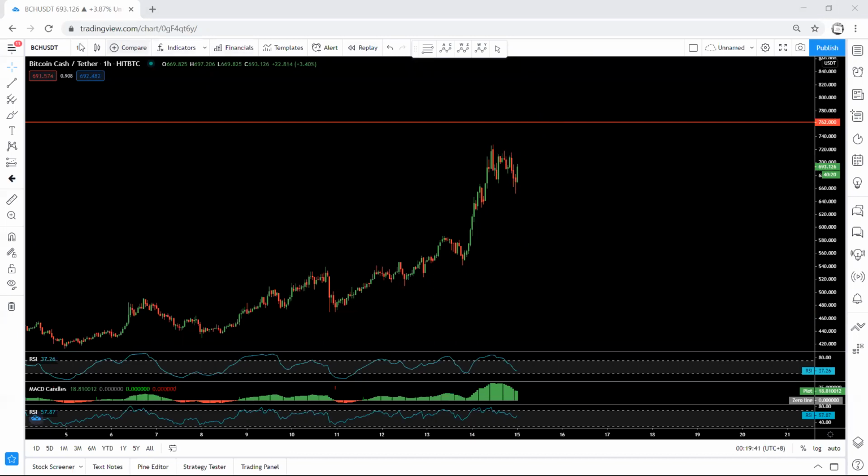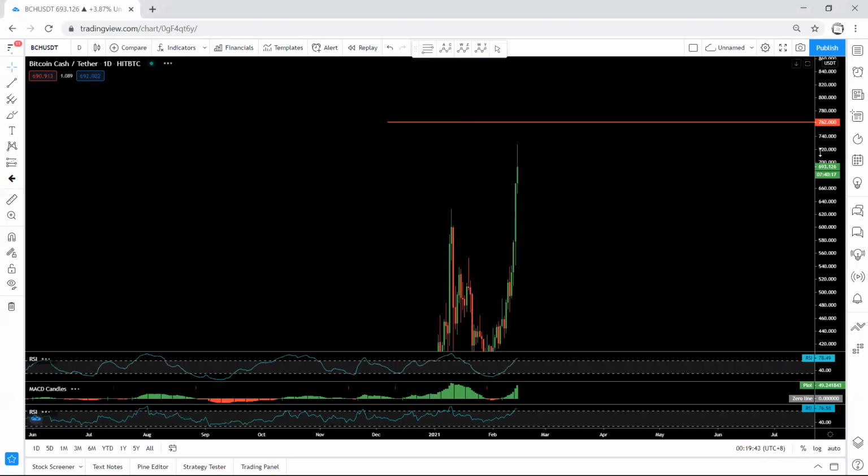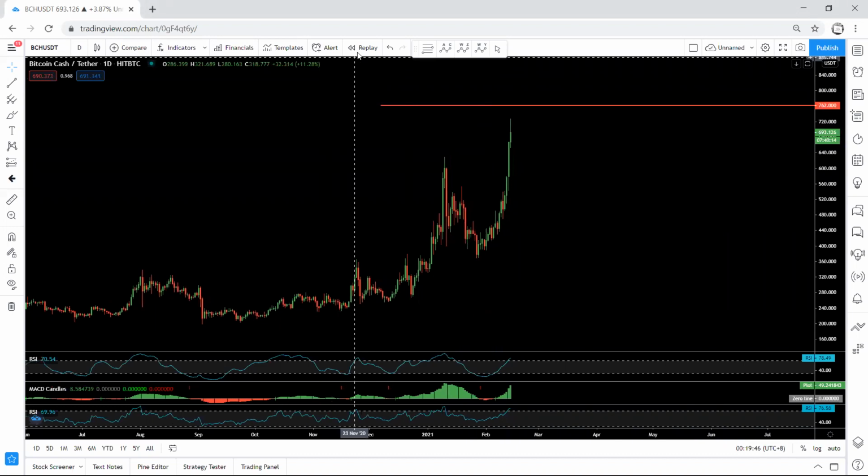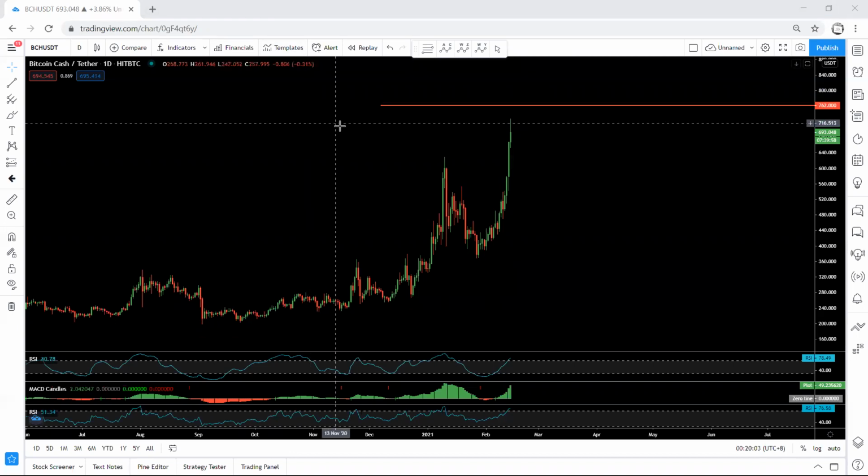Now if we start with the daily chart, we want to see how we can trade it. Based on the daily chart, we don't see anything, just this sharp move. The only thing is where is the next correction? If we want to buy, we should know about that. And as we can see, it's really close to this level which we want to break, whether it can break easily or not. Anyway,